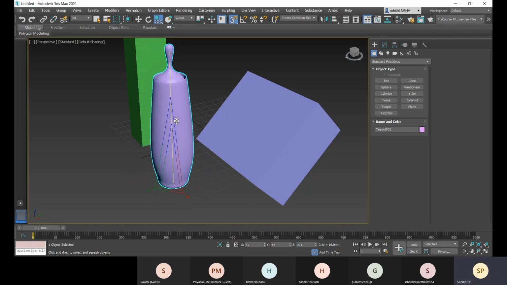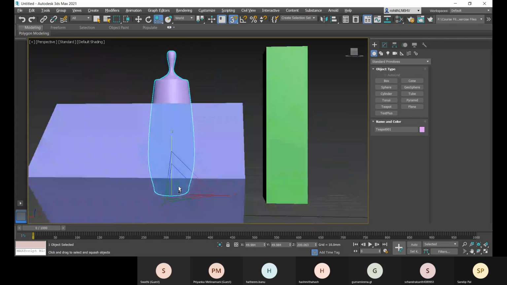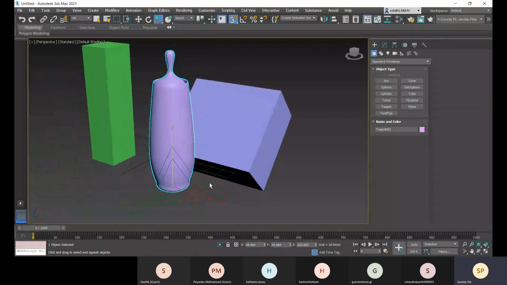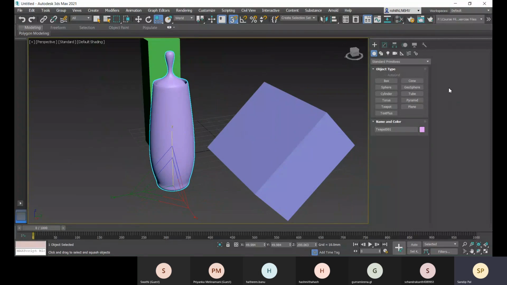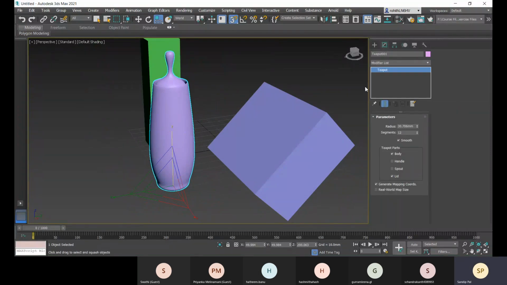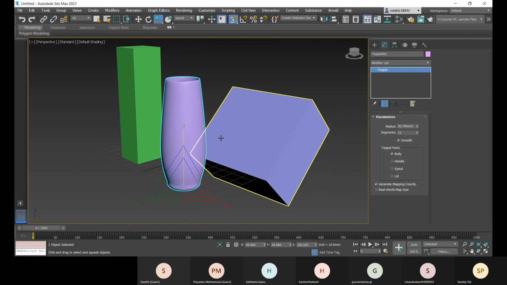Let me change in this direction. And you can see another different form is created, and that is still a teapot. You can uncheck the lid, and you have something like a vase. So this kind of thing can be applied.